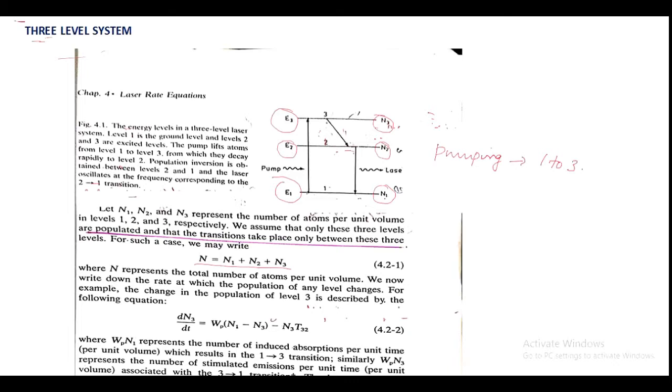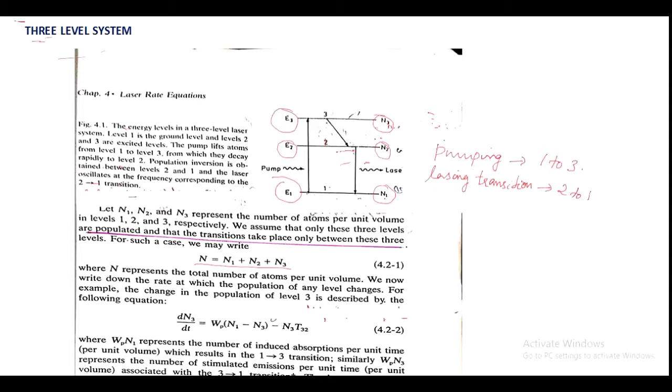Here level 2 is metastable and the lasing transition is from level 2 to 1. So we can say that the pump effectively transfers atoms from level 1 to level 2